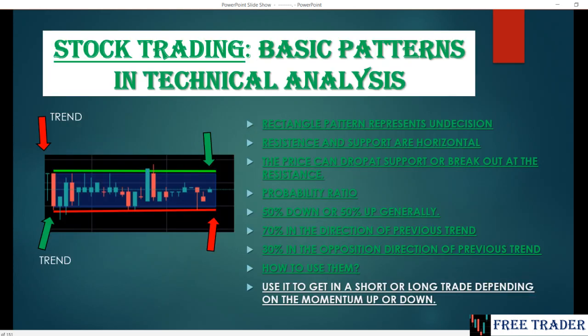Let's get into it. A rectangle pattern represents indecision, uncertainty. There's no decision. So the resistance and the support are horizontal. The price can drop at support or break out at the resistance. That is the main thing that you have to notice about a rectangle pattern. The resistance,